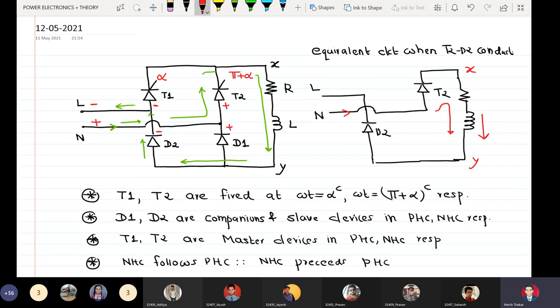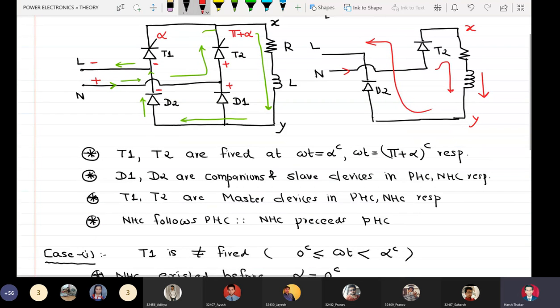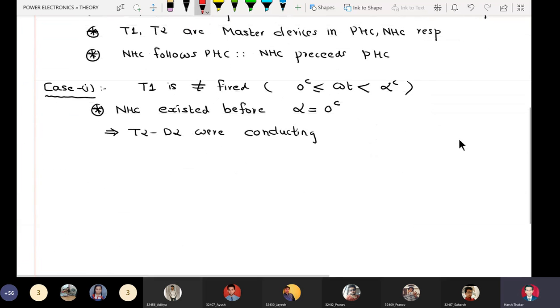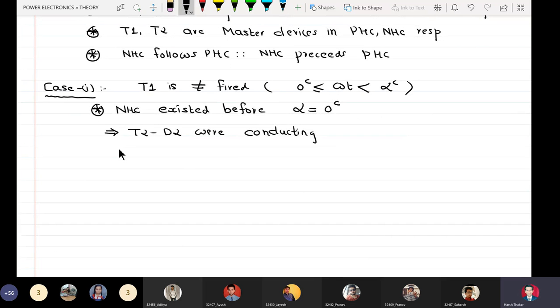So the inductor is charged like this. Okay, current is flowing like this. Okay, so students, this is the scenario at omega t equal to 0 minus, which means a little bit before the positive half cycle is starting. Okay, so I'll make a point here. T2 D2 were conducting,